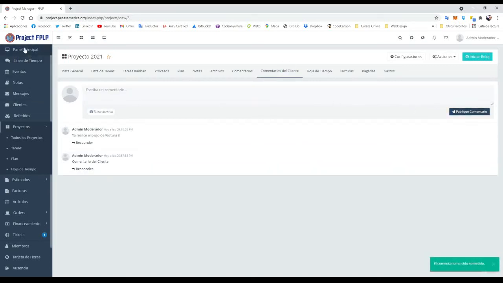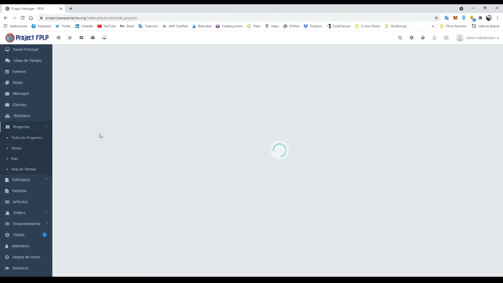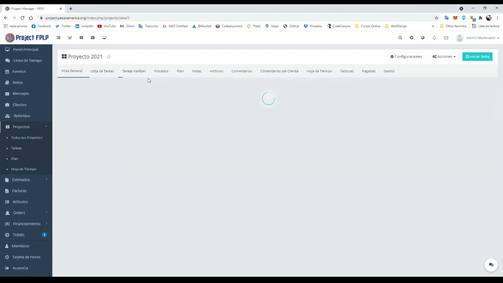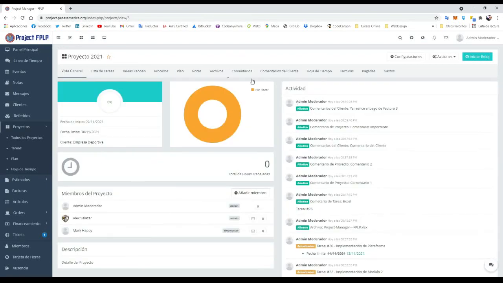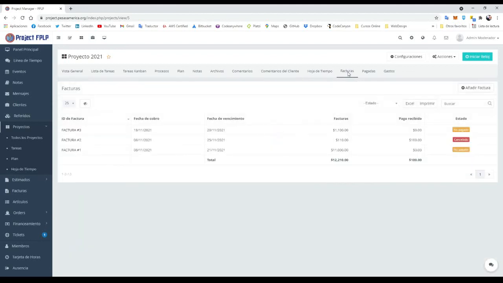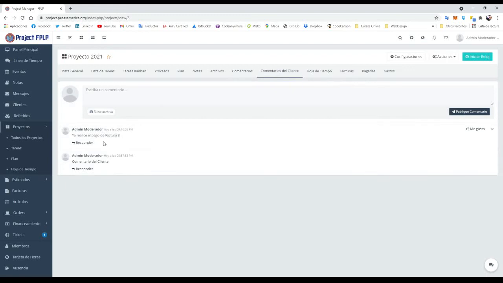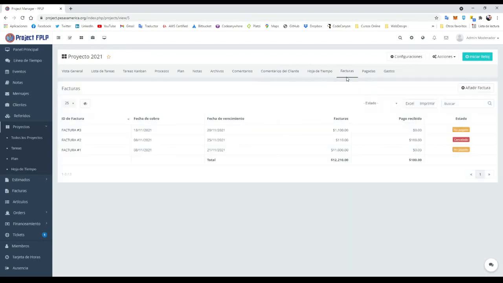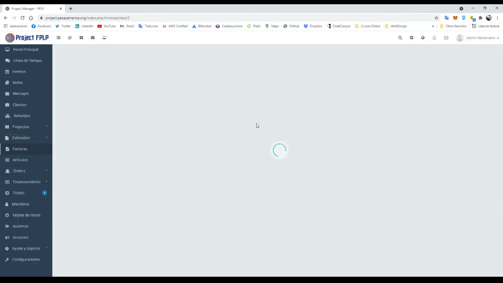We go back to the main platform inside the project on the general view, and we can see on the far right under activity that the client has left a note saying they've already paid for the invoice. Again, it is under the client comments tab, but then under the invoice,